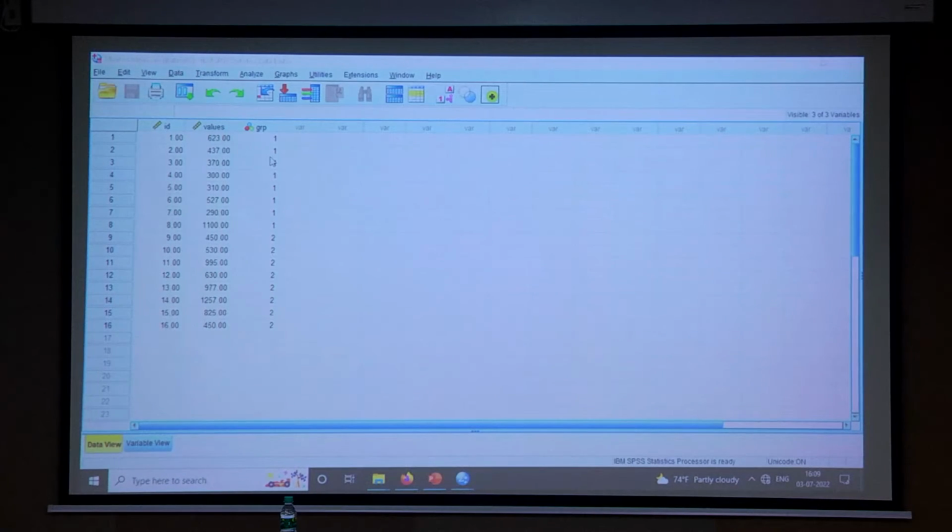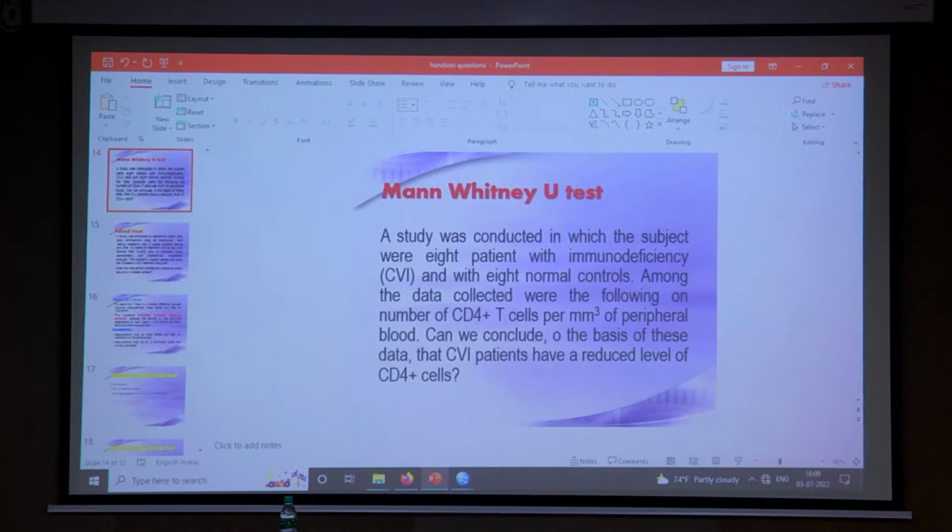There are two samples, group 1 and group 2, which I would like to compare here. It's a study conducted among 8 patients with immunodeficiency and normal controls. I just took a sample of 8 because in a 2 by 2 table, the expected counts will come less than 5. So it is anyway a non-normal distribution. Many times this is how we will end up doing